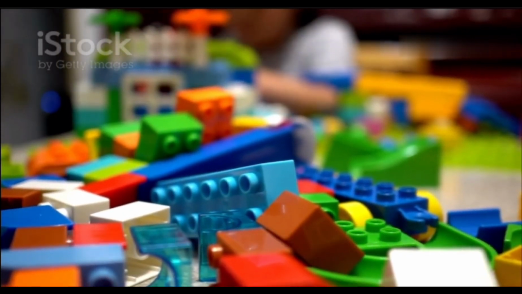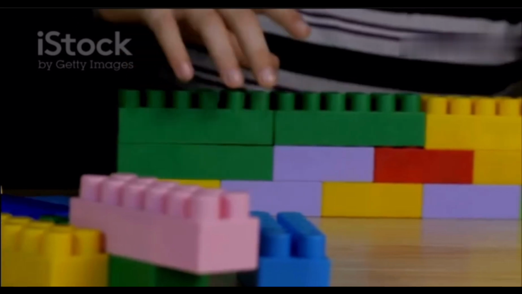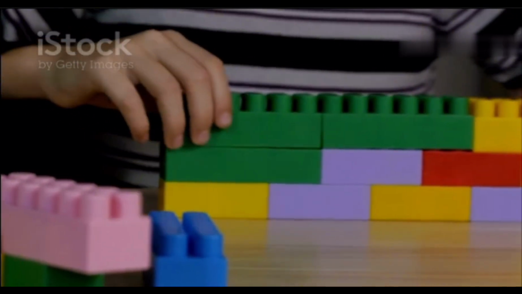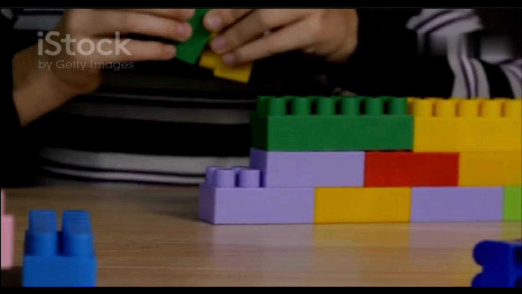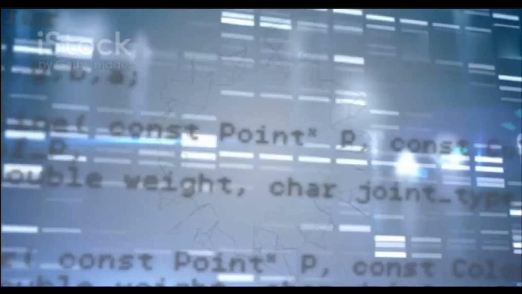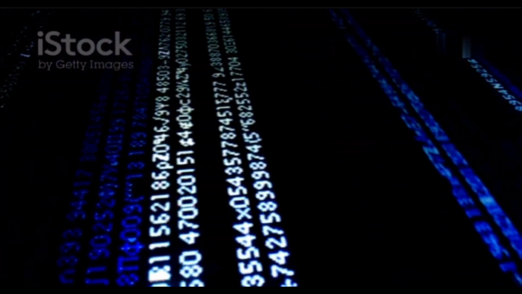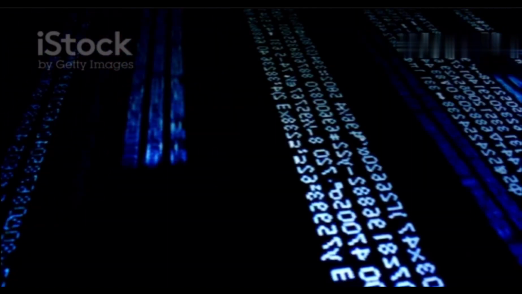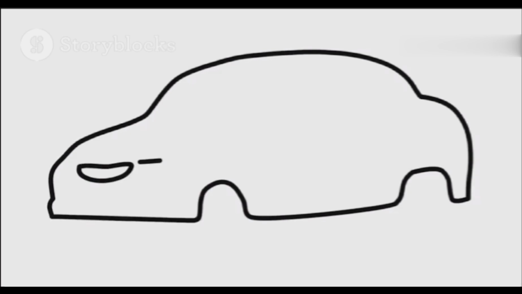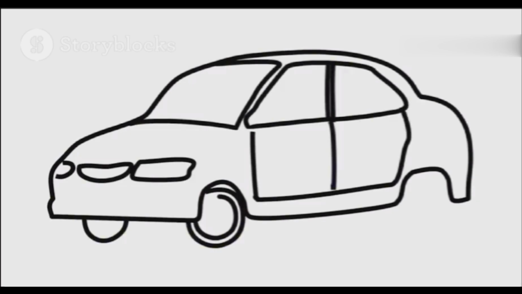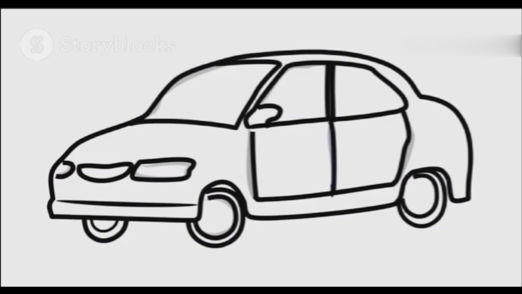Have you ever built something with Lego blocks? Object-oriented programming, or OOP for short, is a bit like that. It's a way to organize your code into reusable blocks, making it easier to build bigger and better programs. Think of OOP as a way to bring your code closer to how we see the world around us. Instead of just lines of instructions, we can create digital representations of real things like cars, animals, or even online